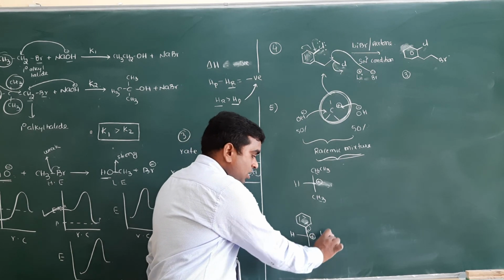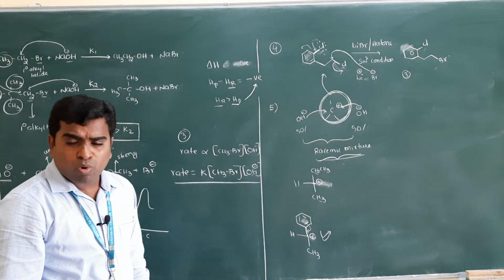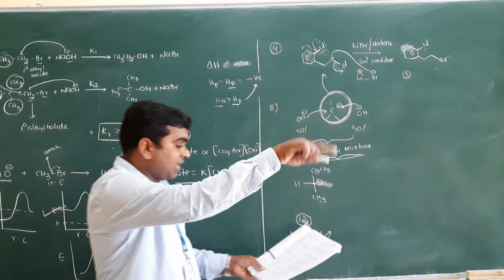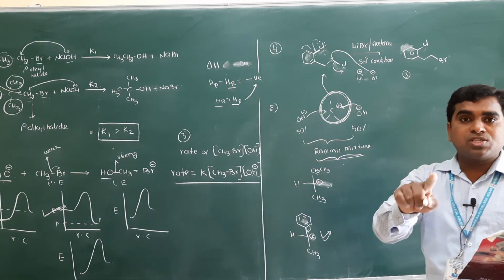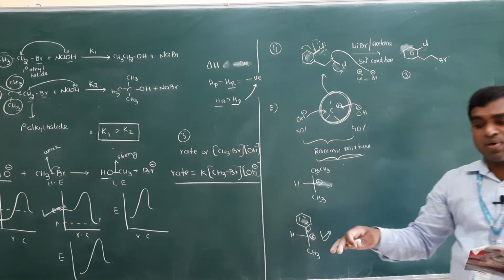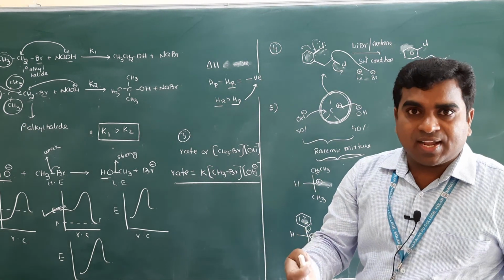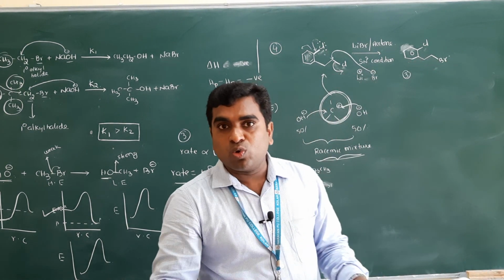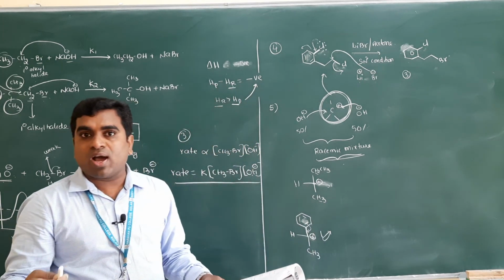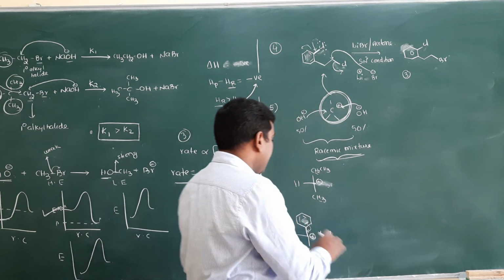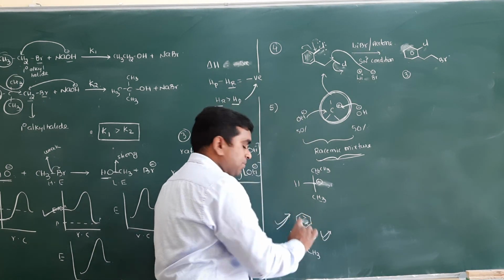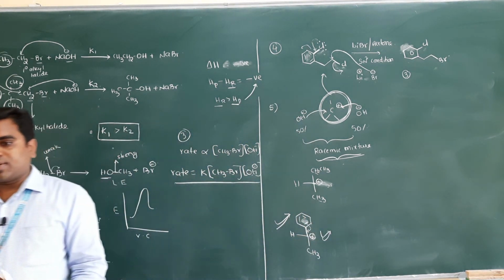So it is the most stable compared to the remaining. In the remaining cases, there is no phenyl ring, whereas here an aromatic ring is there, so you will get resonance structures. Due to the resonance structures, the intermediate becomes the most stable. So option 3 is the correct one.